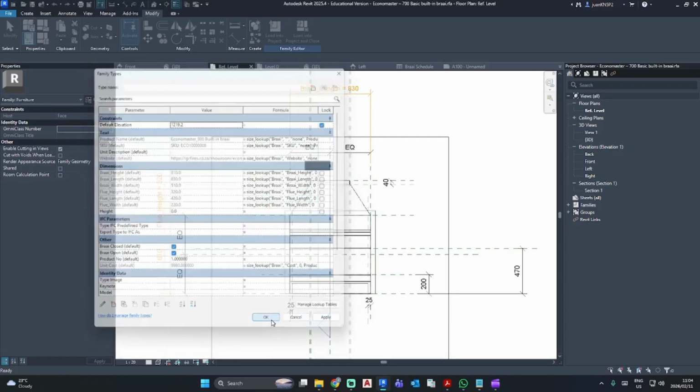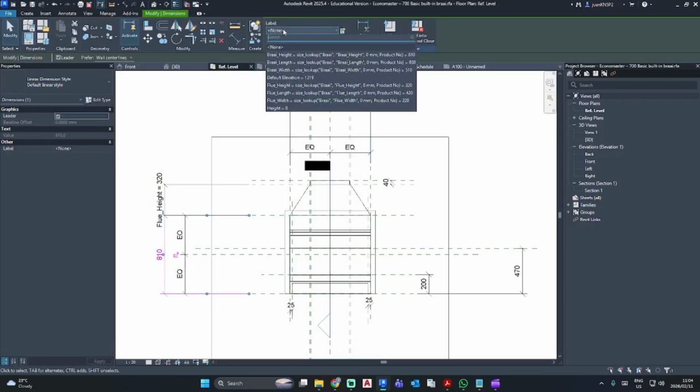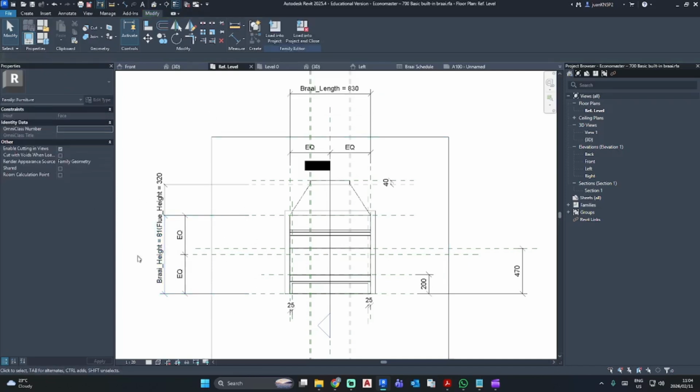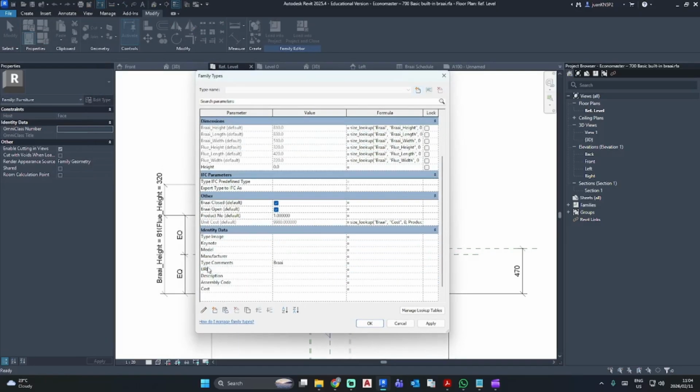Go apply and OK. Remember to go back to your dimension and add the label back, because you've deleted the original parameter and now you have to add that parameter back. So now we can go in our family, go back to your family types and go to type comments and just add braai.